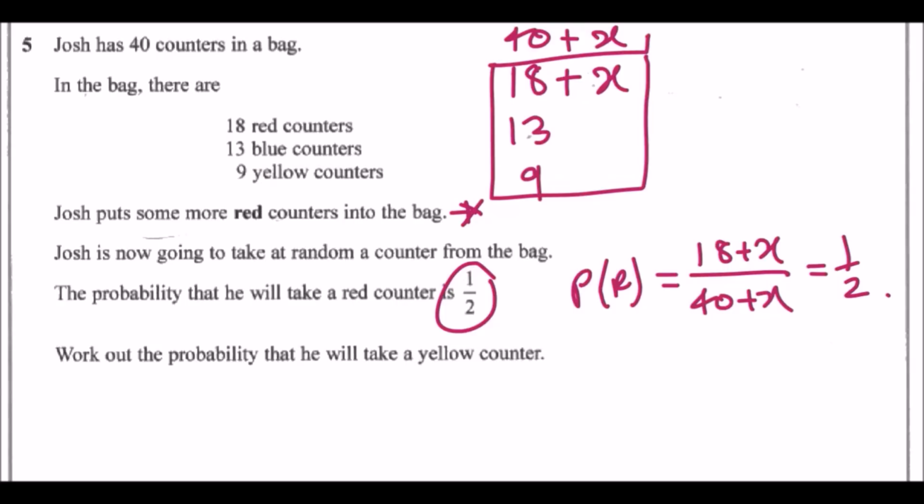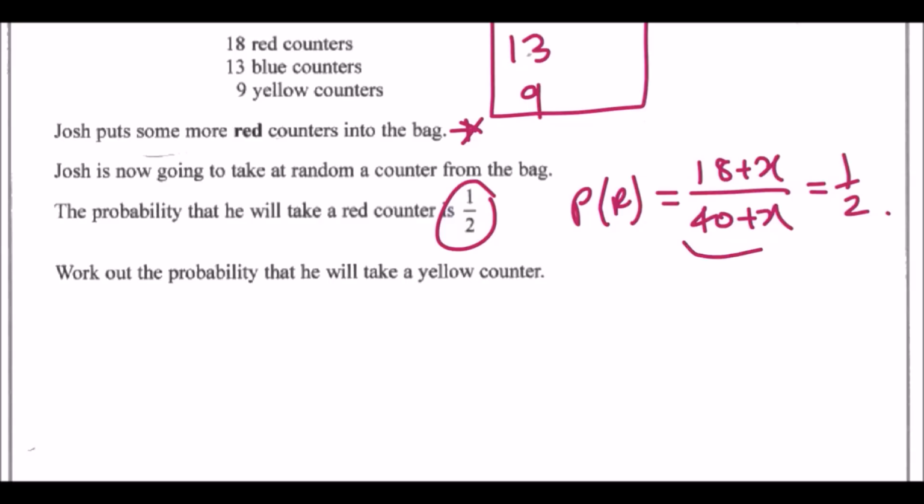Work out the probability that he will take a yellow counter. So we can work out what yellow is later. Let's go ahead and figure out what the value of X is, yeah? And once we have X, we'll know exactly how many counters are actually in the bag, and then we can work out the yellows. So solving this equation here, the easiest way to work through it is to firstly clear